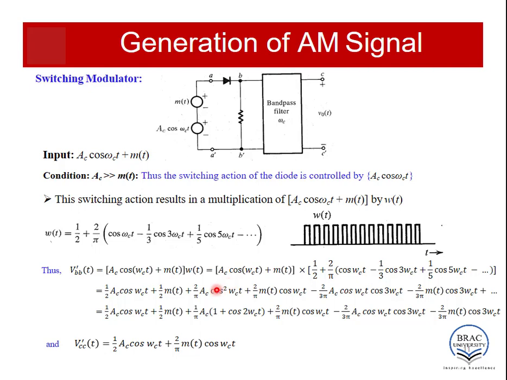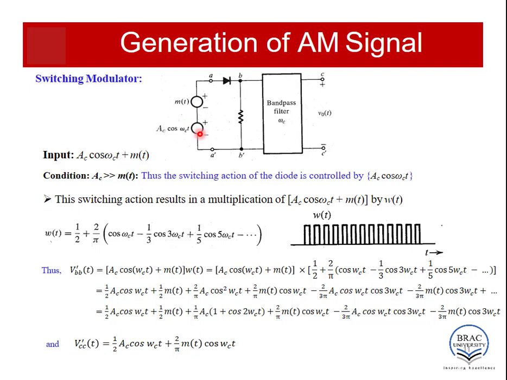In this lecture, we will talk about circuit configurations for modulation and demodulation process. We will start our discussion with generation of DSB-C AM signal. This is the circuit diagram for generating DSB-C AM signal. We provide the message signal and the carrier Ac cos omega ct as two sources. So the total input is message plus carrier signal.